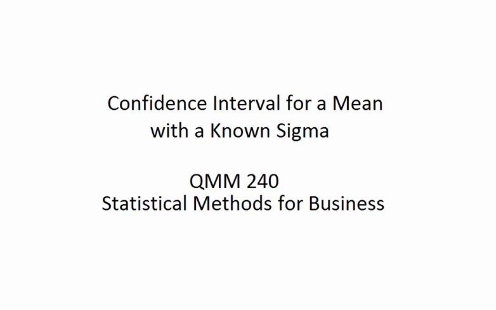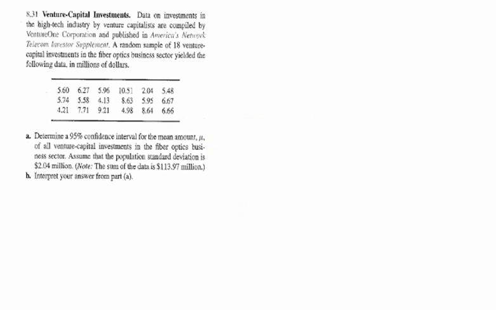In this video, we're going to look at a confidence interval for a mean with a known sigma. So the question reads, data on investments in the high-tech industry by venture capitalists are compiled by Venture One Corporation and published in America's Network Telecom Investor Supplement. A random sample of 18 venture capital investments in the fiber optics business sector yielded the following data in millions